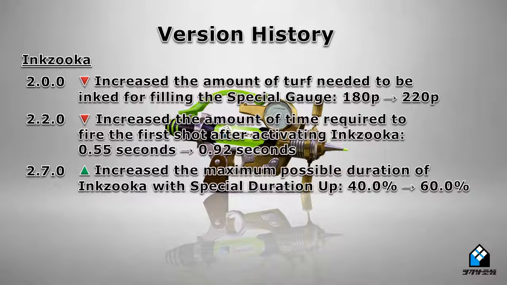As for the Ink Zuka, you'll have to ink a little more turf to fill your special gauge, but you can use some special charge up to mitigate that loss if you choose to do so. Also, the time needed to fire off the first shot of the Ink Zuka will be a little bit longer, so you'll need to find a safe place to activate the special before you start taking action. And finally, you'll be able to fire off an extra shot or two if you have Special Duration Up equipped